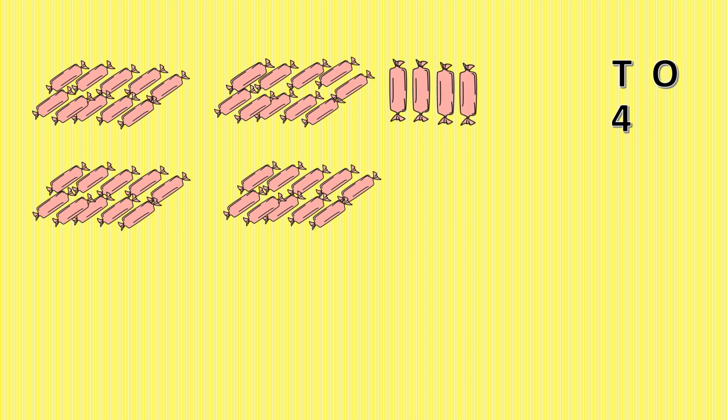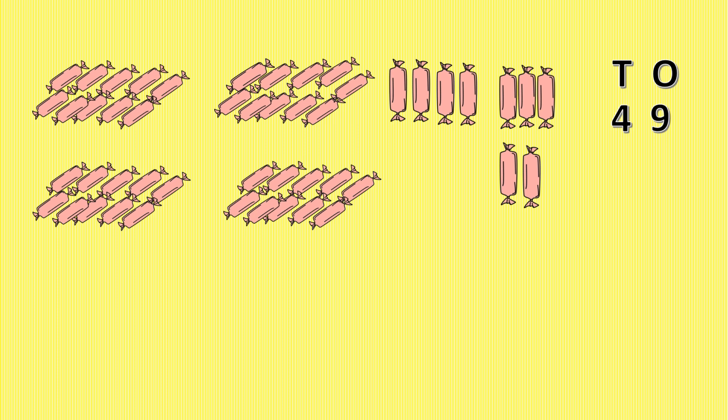Now here I have 10 chocolates. So this is 1 ten, one group of 10 chocolates. Now 2 tens, 3 tens, 4 tens. I have four groups of 10 chocolates each. So 4 tens. Now below tens and ones, below the tens place I will be writing 4, since there are 4 tens of chocolates. Now one single chocolate, so 1 one, 2 ones, 3, 4, 5, 6, 7, 8, 9. 9 single chocolates. So below the ones place I will be writing 9.